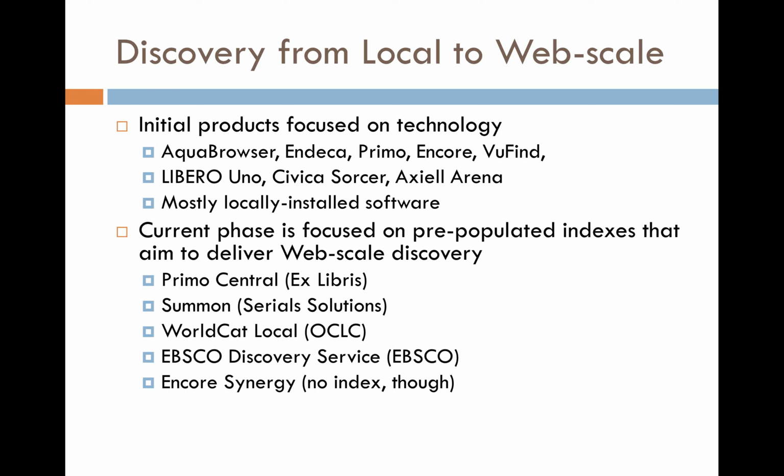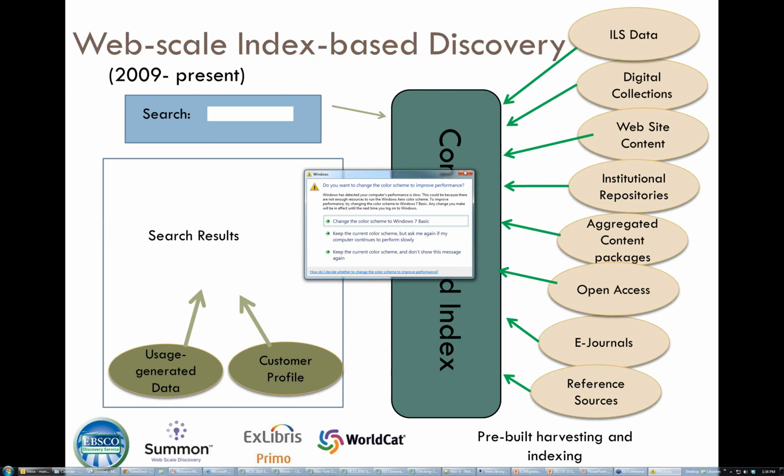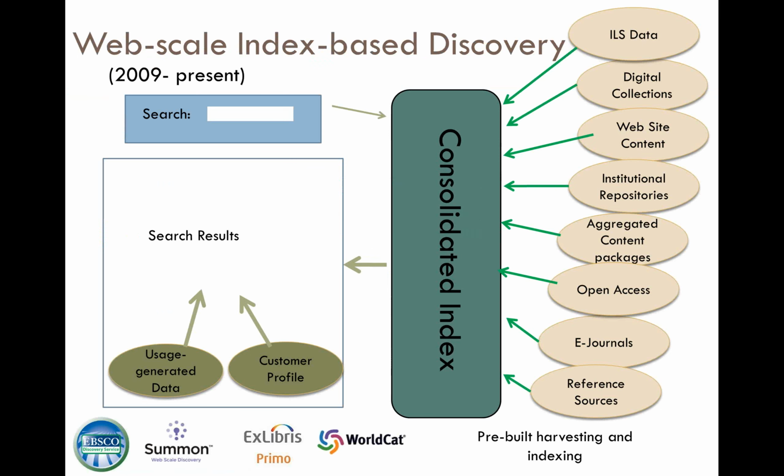So these index-based discovery services, often called web-scale discovery services, are a really important move forward in how we can provide access to library collections to our users in a much more intuitive way that meets what they expect when they see a search box. Being able to have all these different kinds of content represented in that index, limited to what the library actually has access to, and then using as many clues as you can in order to present those results according to